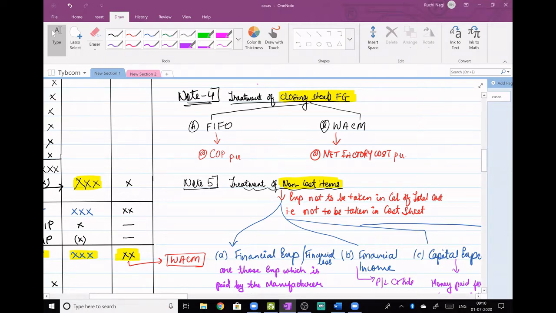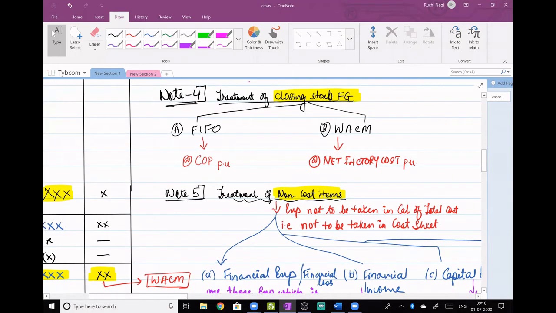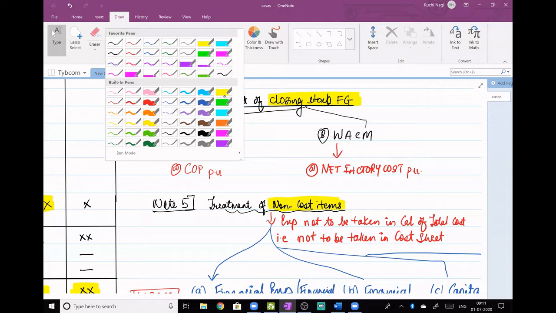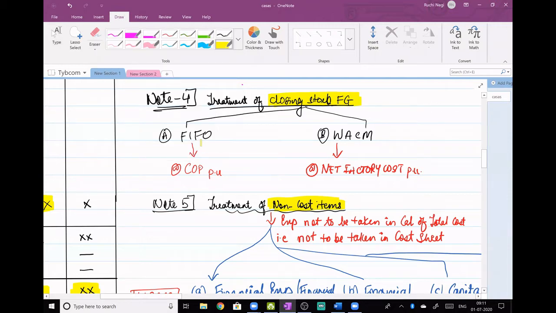So this is note number 4. Write down treatment of closing stock of finished goods. Anyways, after note number 4 and 5, I will be coming to that question only, so we have to discuss this question today. Treatment of closing stock of finished goods. So you all have done FI BAF, I guess. Financial accounting is stock valuation. In India, stock is valued as per two methods, FIFO and weighted average method. So write it down, FIFO and weighted average method.